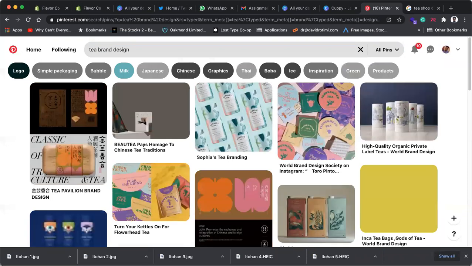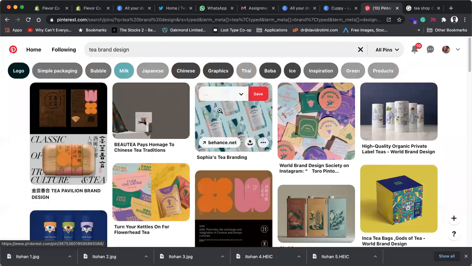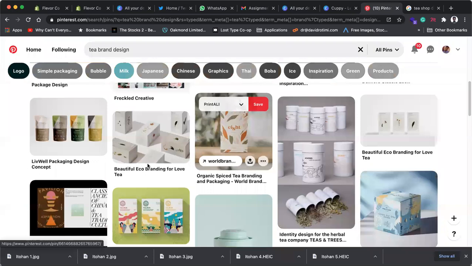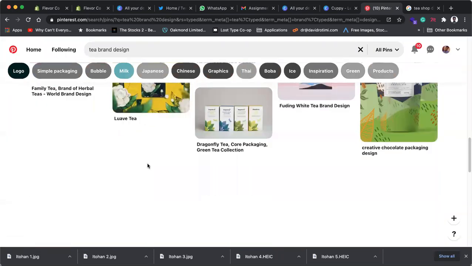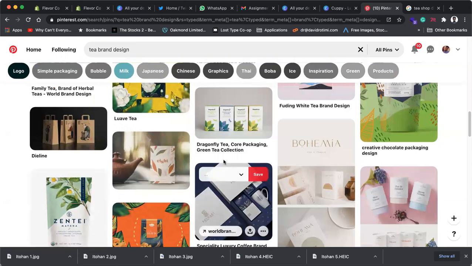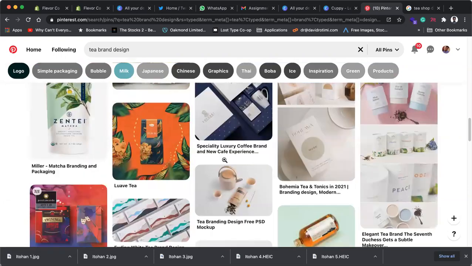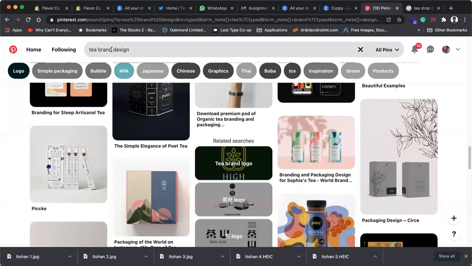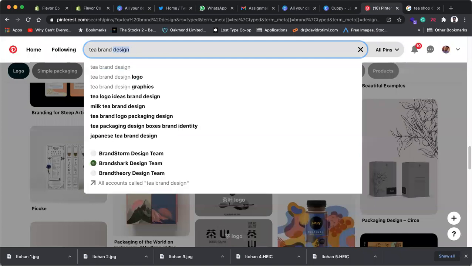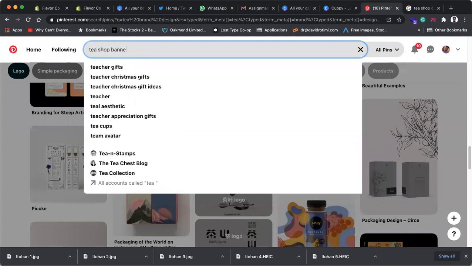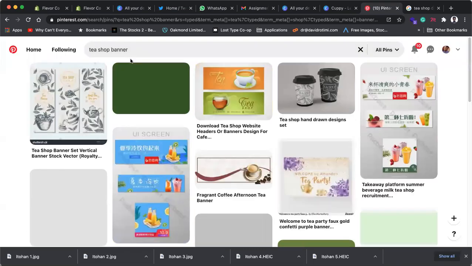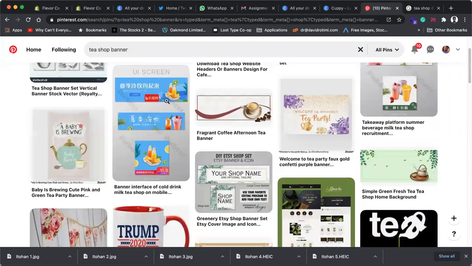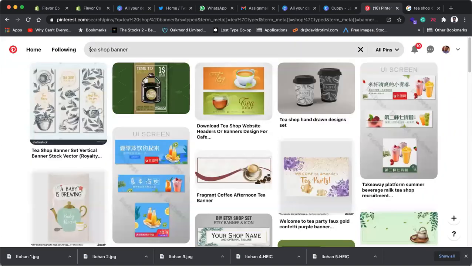Aha. So here we're seeing a lot of things, right? Now obviously this is usually around the lines of packaging. You see a lot of packaging because of what we Googled, right? So let's search something else. Maybe you could search banner, tea shop banner. Okay, so we're not getting really great results. But another thing that you can also do is actually just Google regular banner,